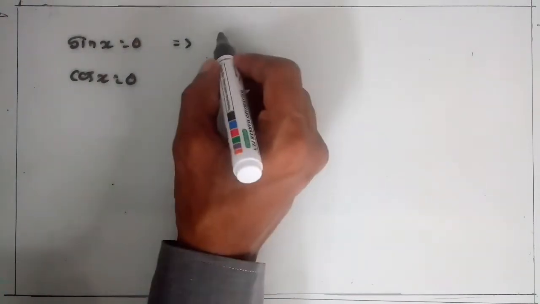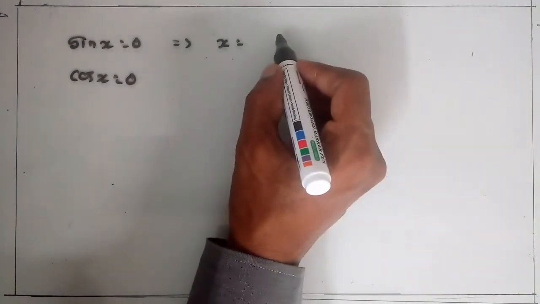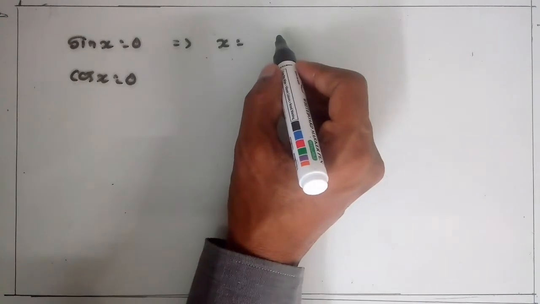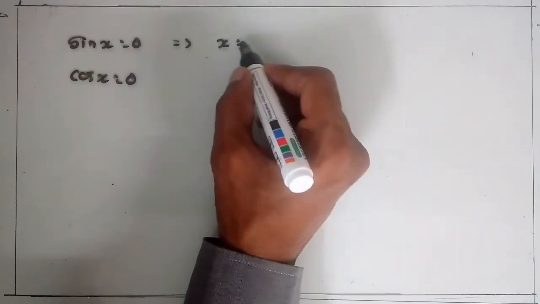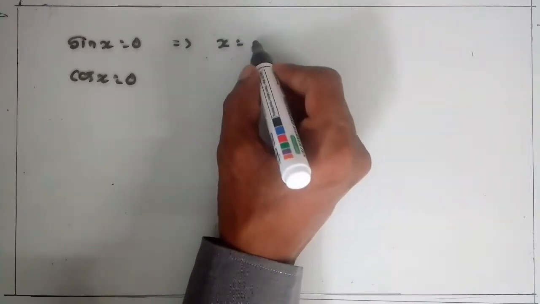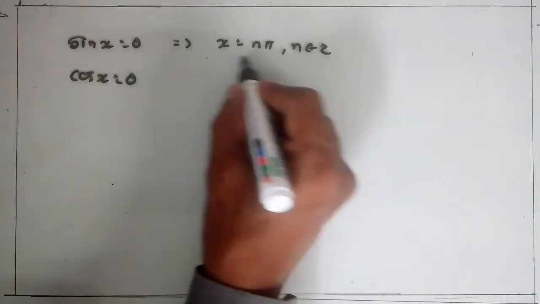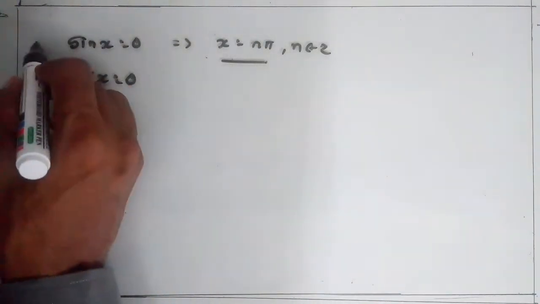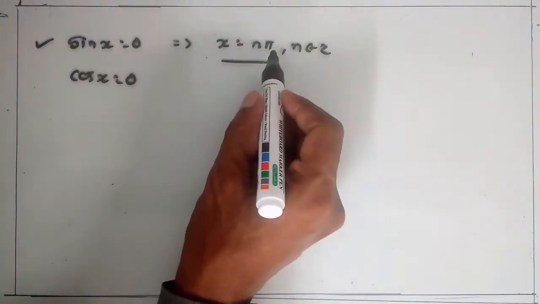So sin x is equal to 0 implies x is equal to, think where the value of sine becomes 0: at 0, pi, 2 pi, similarly n pi. So in general x is equal to n pi, n belongs to Z. So remember this solution for sin x is equal to 0 is x is equal to n pi, n belongs